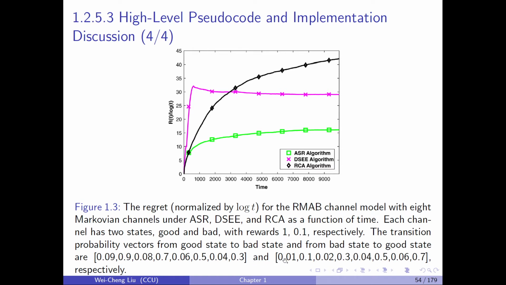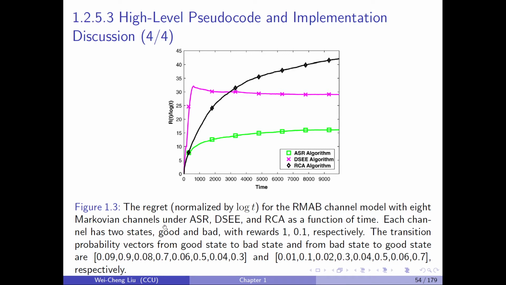And 0.01, 0.1, 0.02, 0.3, 0.04, 0.5, 0.06, 0.7. So there are totally 1, 2, 3, 4, 5, 6, 7, 8